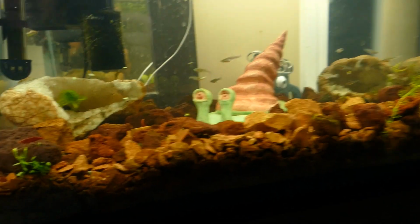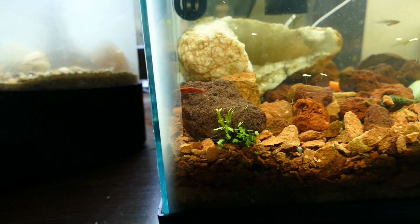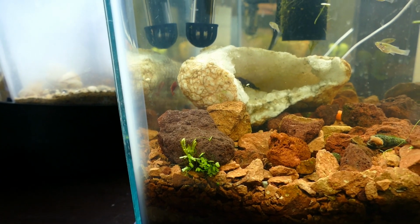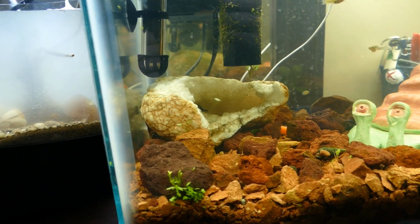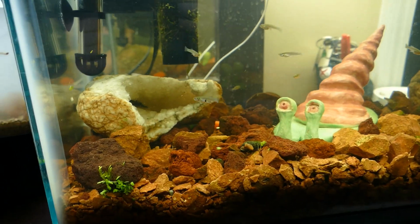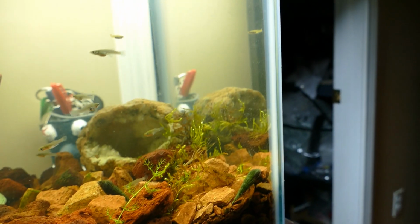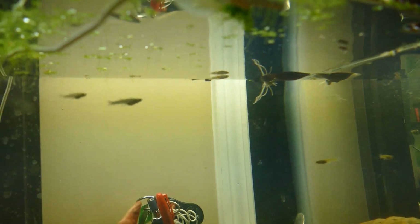But in the meantime, see that little red shrimp down there? If any of you guys want to name him, comment down below. I feel like we gotta name him because we only got 1 shrimp left. The other 2 got eaten in that tank. That's why I put them in this tank. So yeah, if you guys want to name that shrimp down there, comment down below. I also put a little bit of moss in there and that little thingy, so hopefully that'll grow. And then back there you can see the